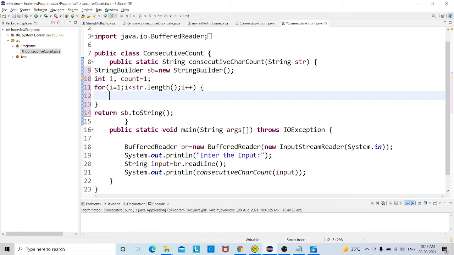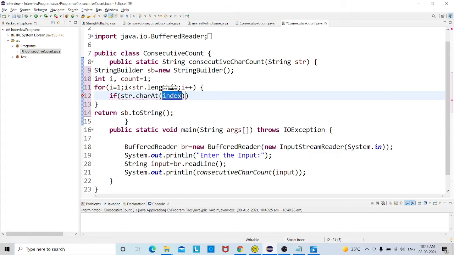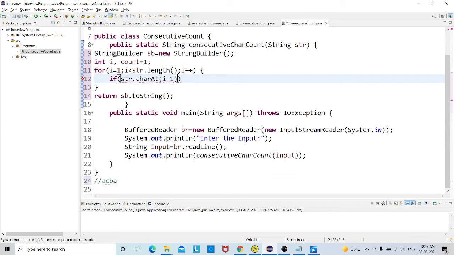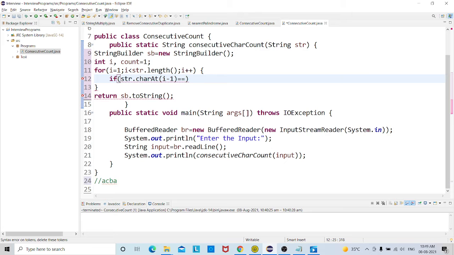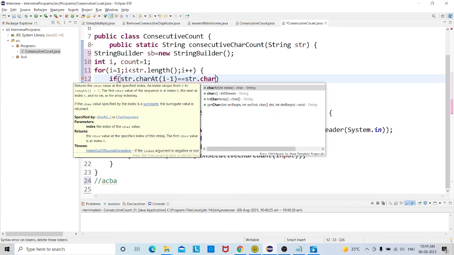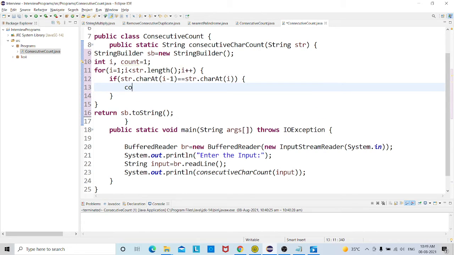Here we write the if condition, comparing the current index with the previous index. Consider this example: the 0th index, if it is matching with the first index, then we need to increase the count.